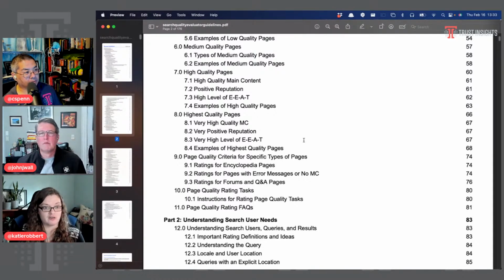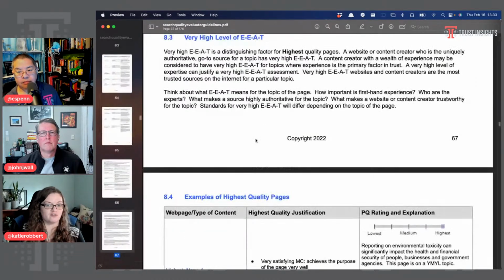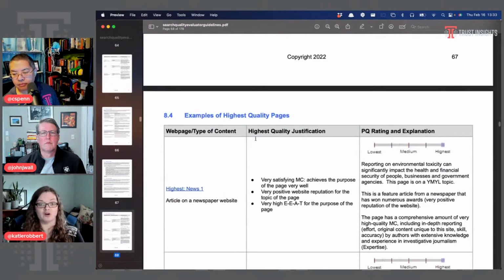Making sure you're doing your keyword research, making sure you are writing thoughtful, helpful content, making sure that you know who your audience is and what questions they're going to be asking that you can answer. If you focus on those things, then I feel like you don't have to worry as much about this massive document, because you're still doing the thing you set out to do with your SEO